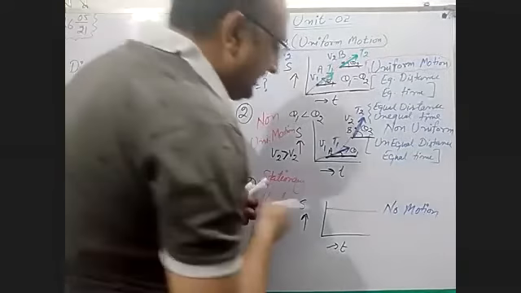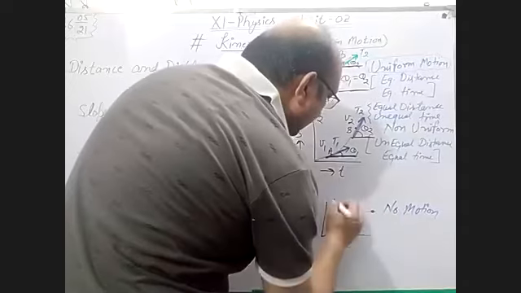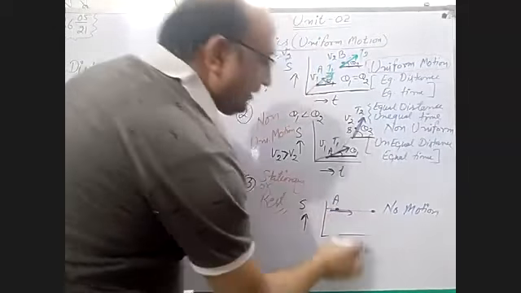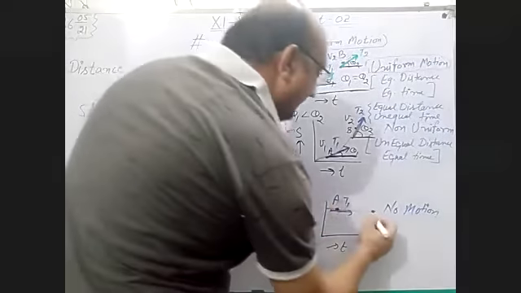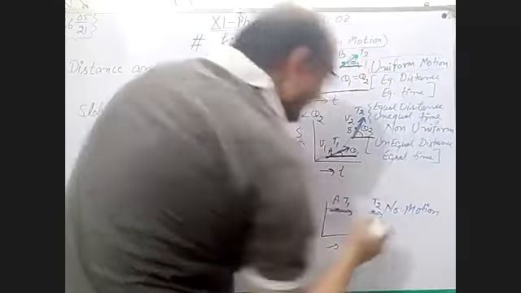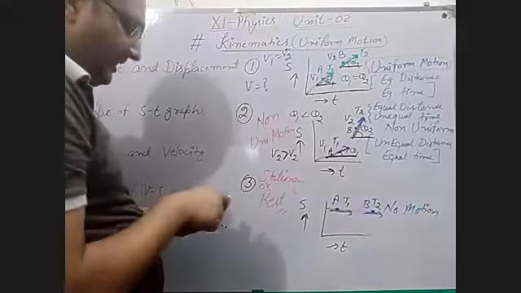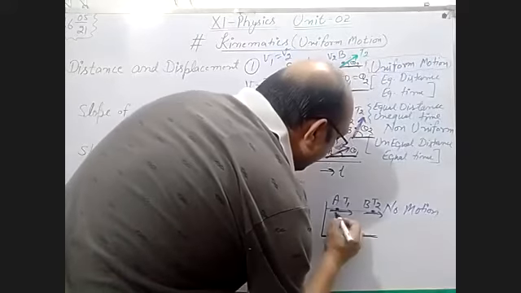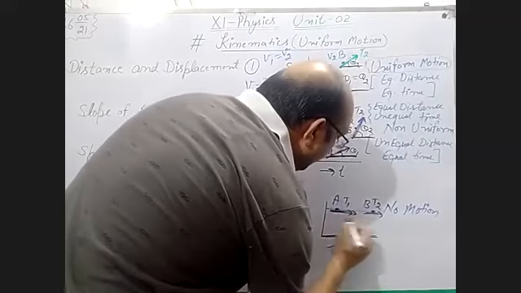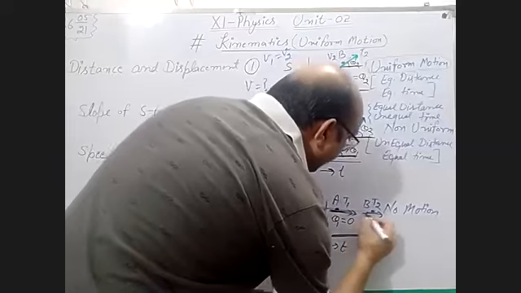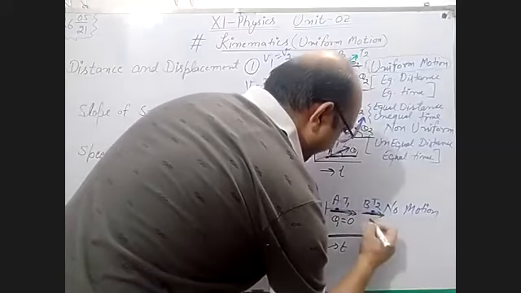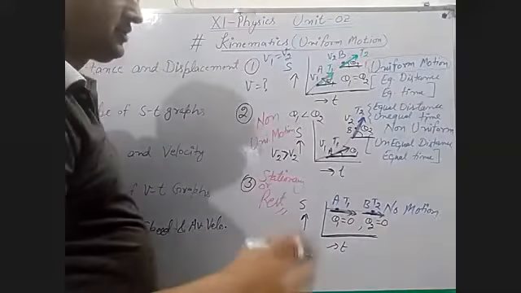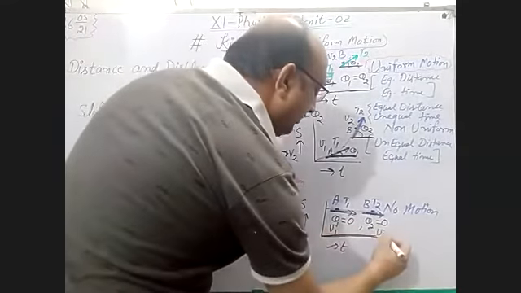Now take tangent at A and B. At A, the tangent is in this direction, and you know very well the x-axis and this tangent both are parallel. If they are parallel, the angle between them is, this is the t-axis, time axis. Take the time axis here, theta 1 is 0. Take the x-axis here, theta 2 is again 0. If theta 1 and theta 2 are 0, then slope is 0. So V1 and V2 both are 0.